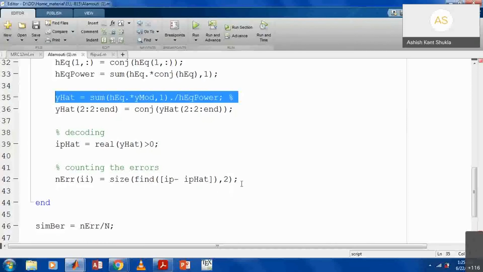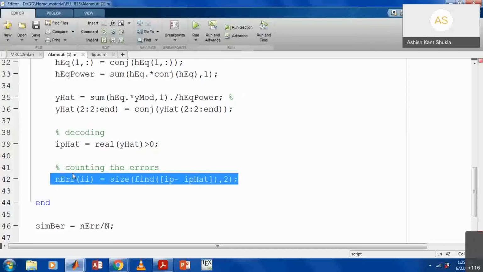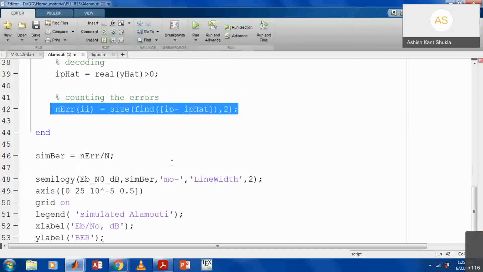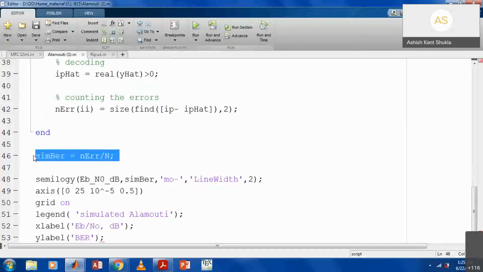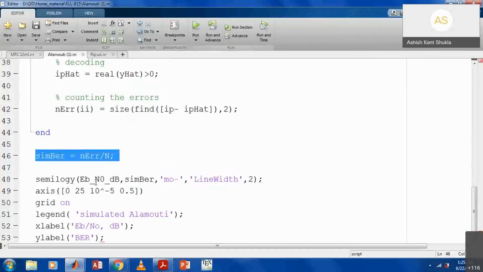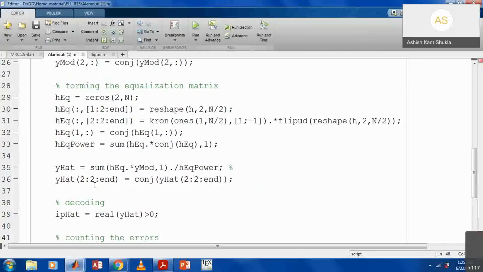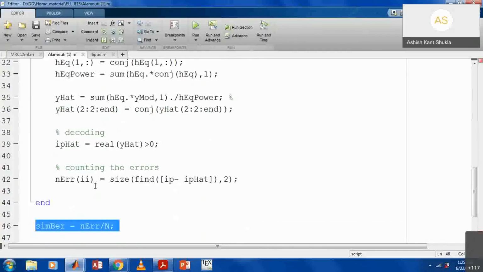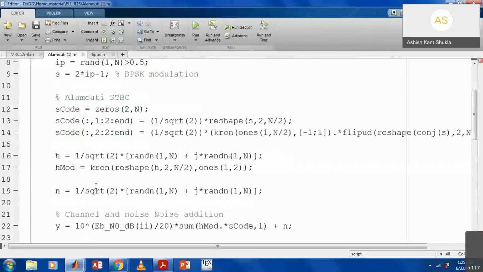So using that, we will find out the number of errors occurring in our system, and this is our 46, our simulated BER result, and all the others are just for the bigger elements. So you all know from 48 to 53 command, you all know about these basic things. So let's run the code and wait for the result.